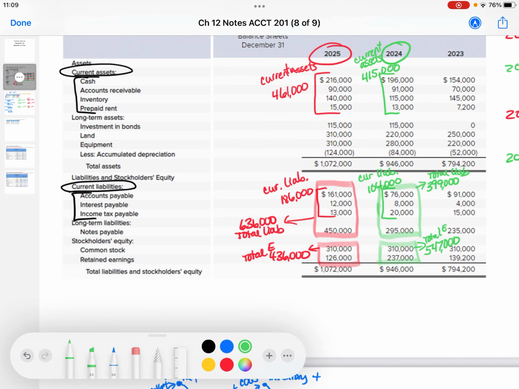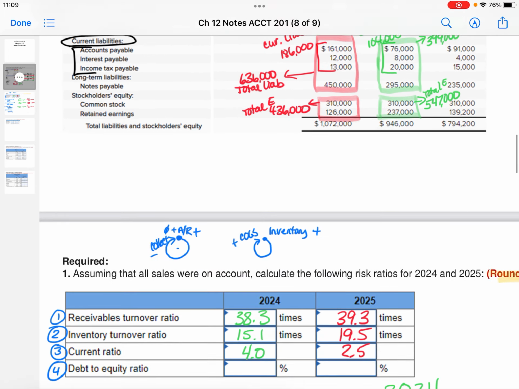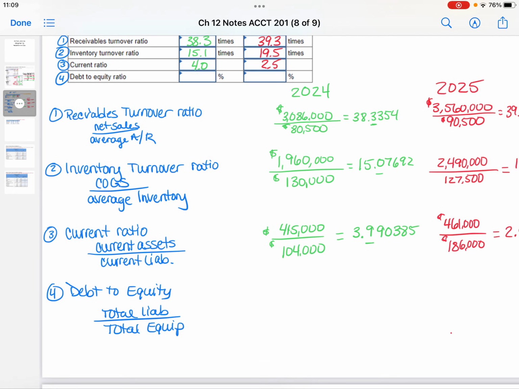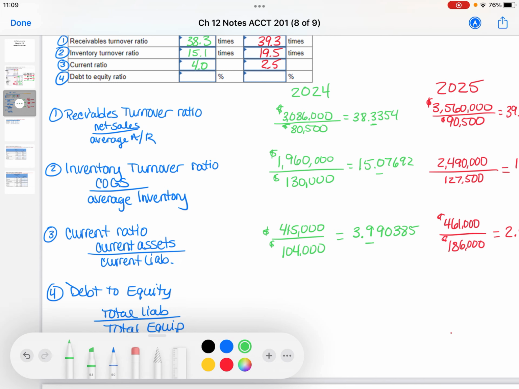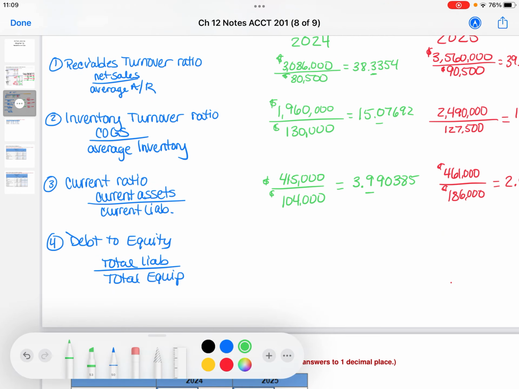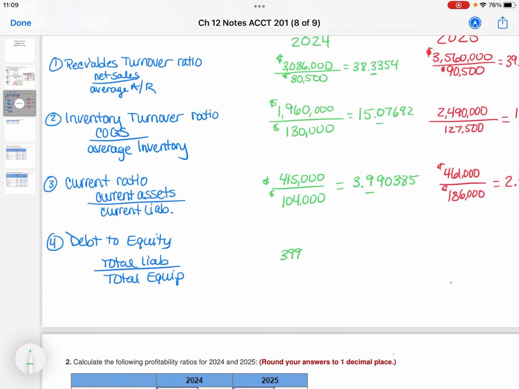All right, now we're going to take those totals over to the other page here and plug them in. Okay, so for the prior year, we'll do that one first. There we go. Total liabilities for 2024 is $399,000. And then total equity was $547,000. When you divide those, you get